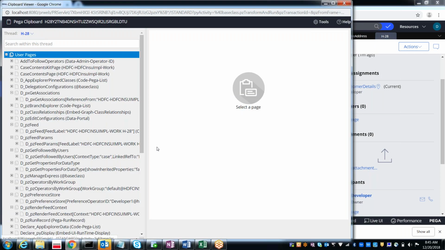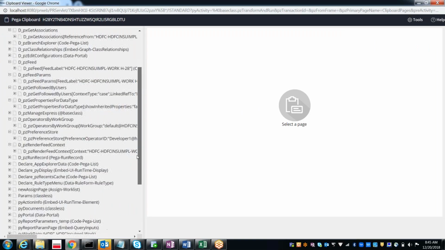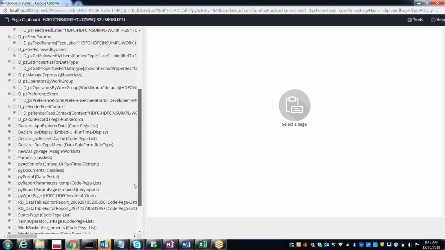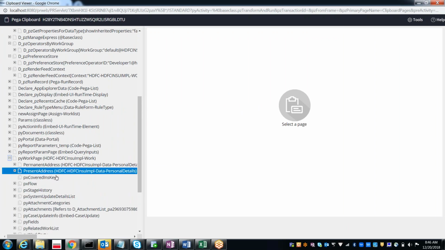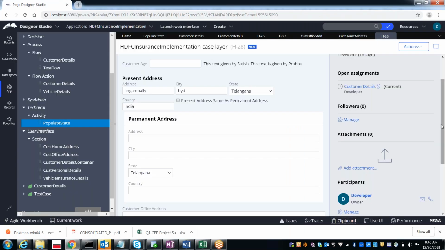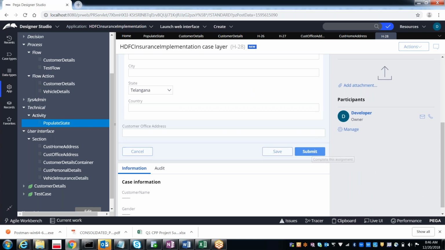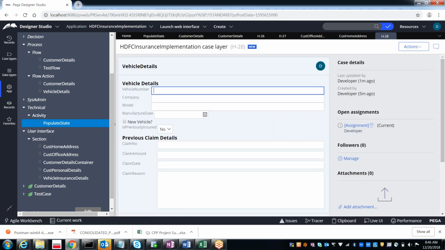Why not? Under the py work page, under the present address, I still don't have these values which I have given. So when will you get them? Only on click of the submit button. When you move to the next screen, you will be able to see the values.